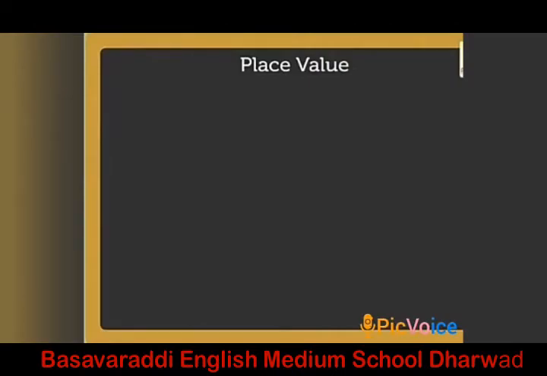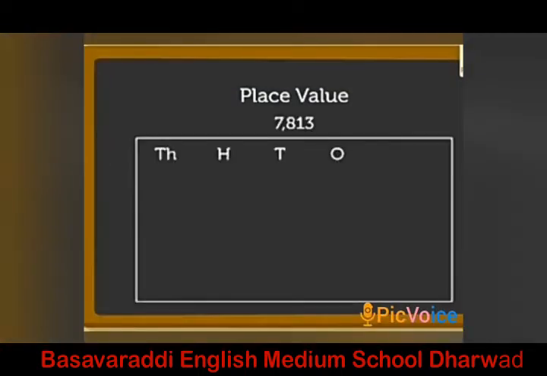Today let us learn about face value of a number. Each digit in a number has its own value, depending upon its position in the place value chart. Let us understand by solving a few examples. Hello, I am Padma teacher. Would like to learn about face value and place value. Now we are learning the place value of the digit of a number. So let us begin. First let me tell you what is meant by face value of a digit.